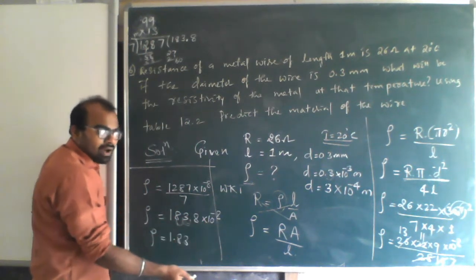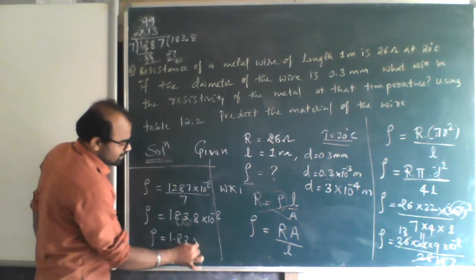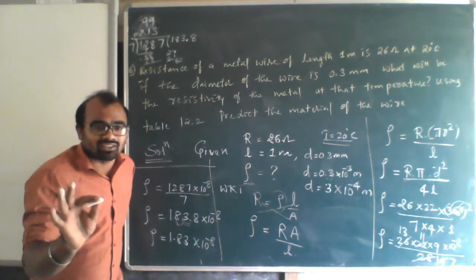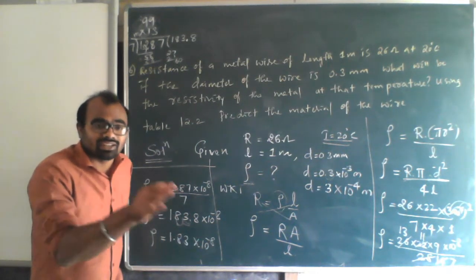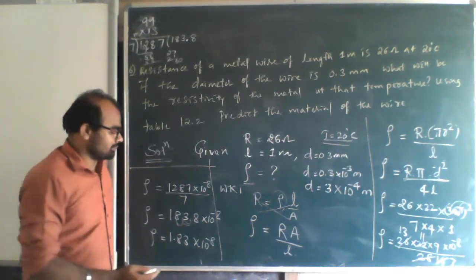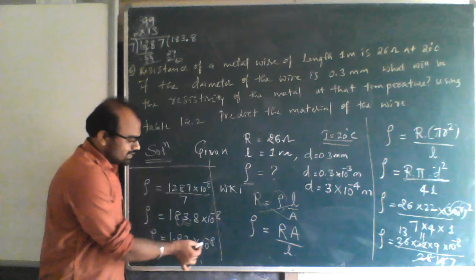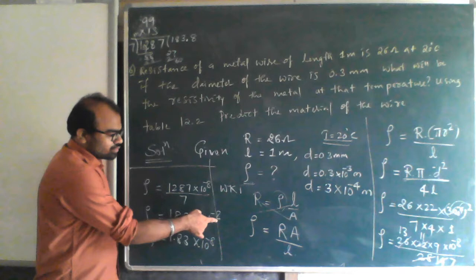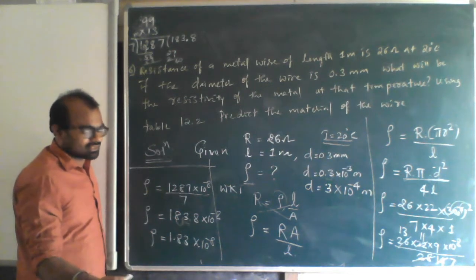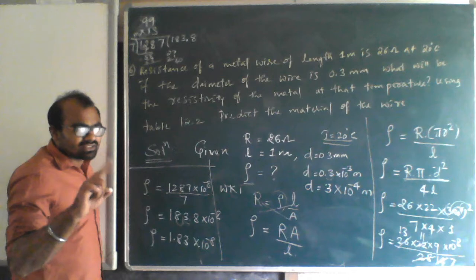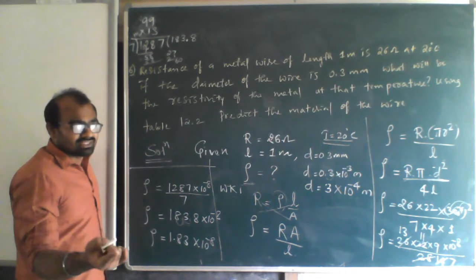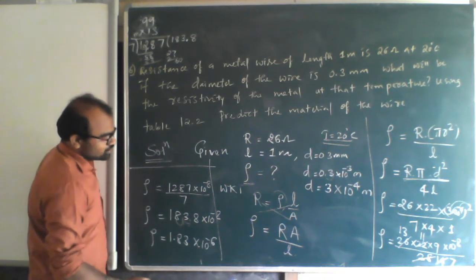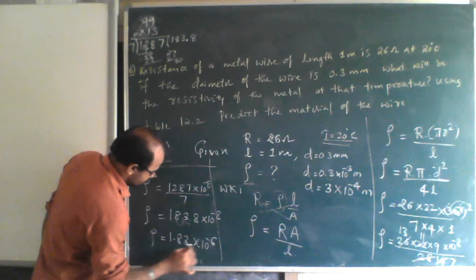That means on the power side I have to increase the value. That means it is minus 8. Increasing minus 8 means not minus 9. Minus 9 is a decrement, so we have to increase it. So minus 7 and minus 6, because I have moved 2 points left. Here also I have to increase it by 2 numbers. So minus 8, if 1 is increased it becomes minus 7. If 2 is increased it becomes minus 6. So 1.83 into 10 to the power minus 6 is the